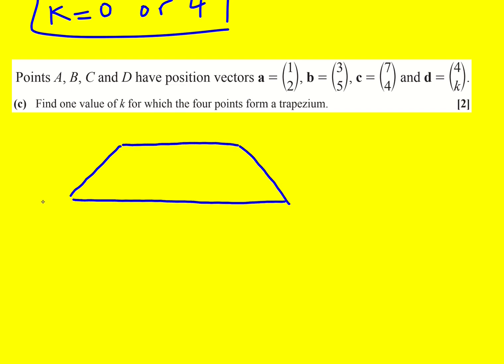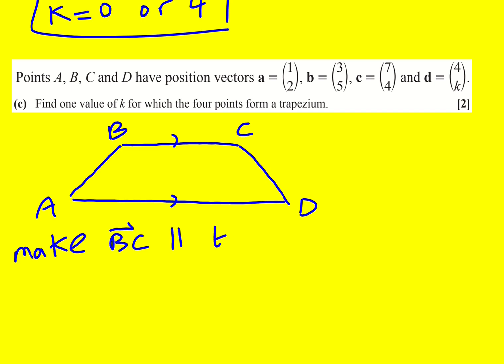Okay, I've drawn a trapezium and I'm going to form it by going A, B, C, D. So make BC parallel to AD. Then we'll necessarily get a trapezium. A trapezium has at least one pair of sides that are parallel. Generally it doesn't have two, but a square is an example of a trapezium, in fact, because it follows the